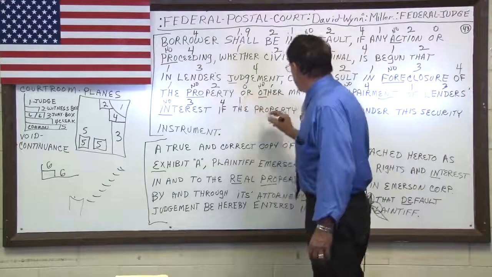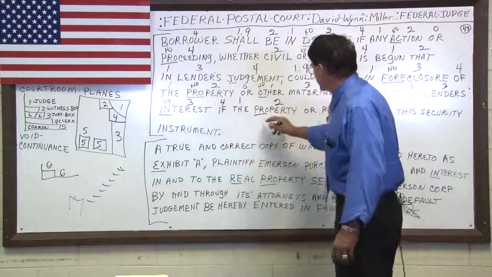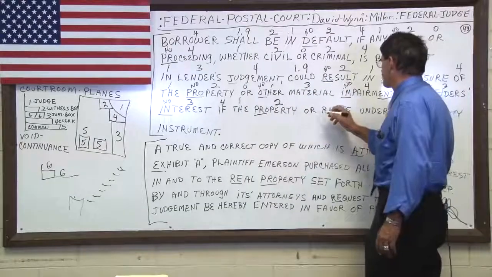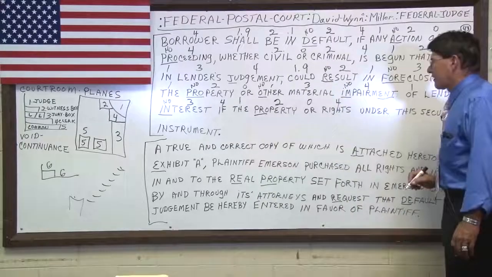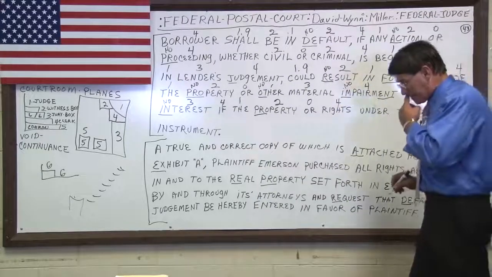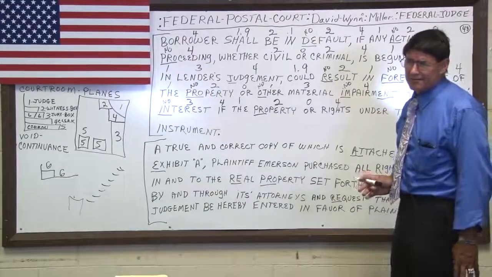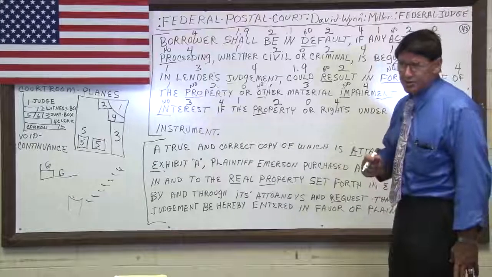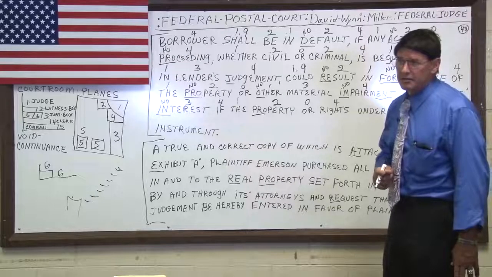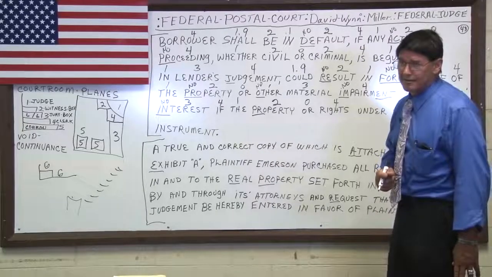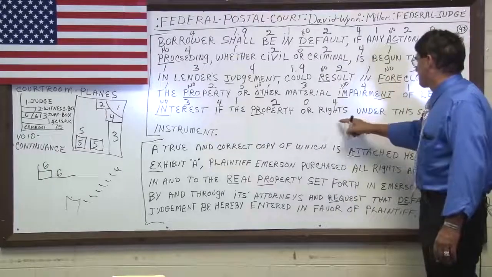The word the now becomes an adverb, modifies the word property. Pro is no, per is person, and ty is contract, or is your conjunction. Rights is a pronoun. You have no rights. Now, when it comes to the word rights, I once said to a judge in 1985, I have rights. The judge says, a fox has a right to eat, and a chicken has a right to eat. Enough said about rights. Think about it. The word rights now becomes a pronoun.